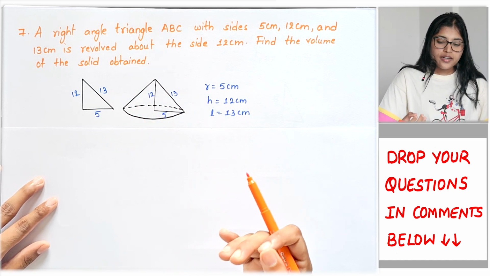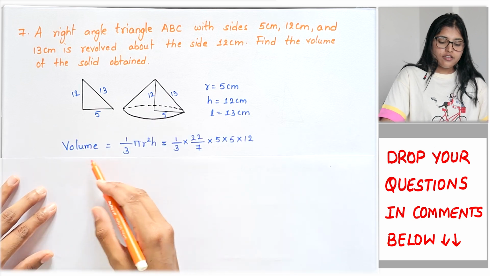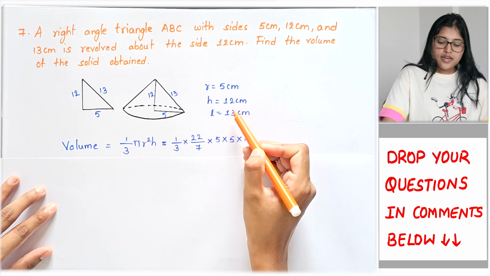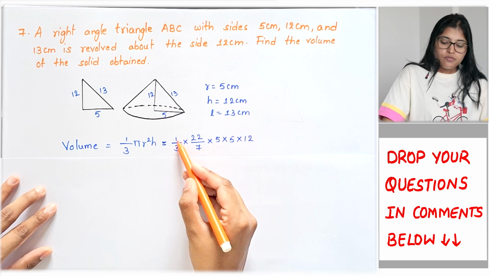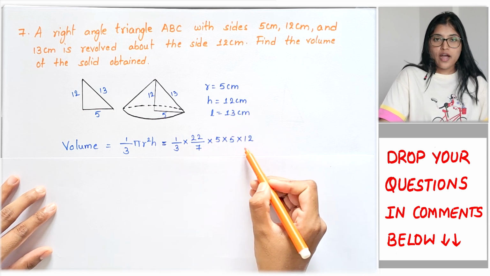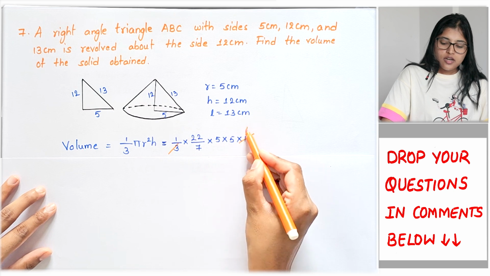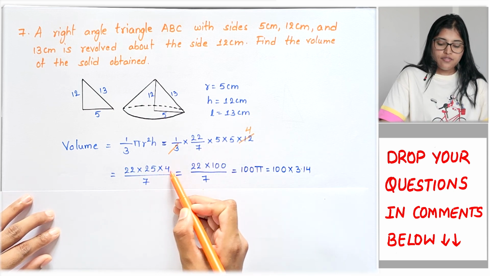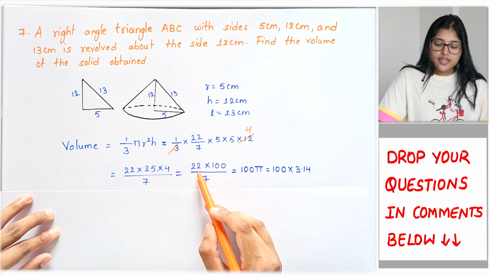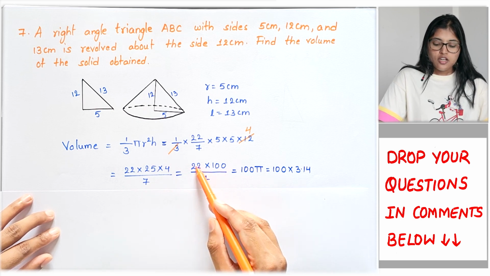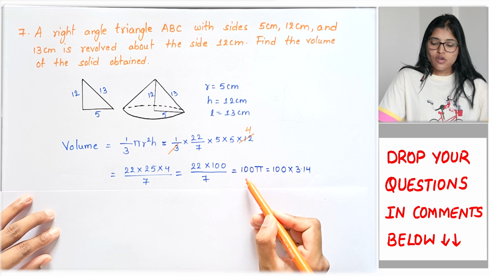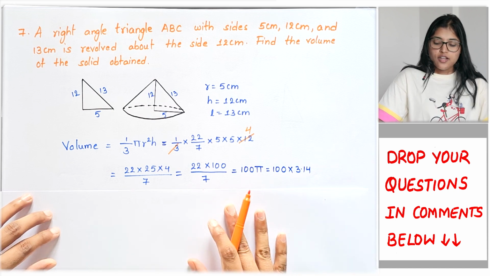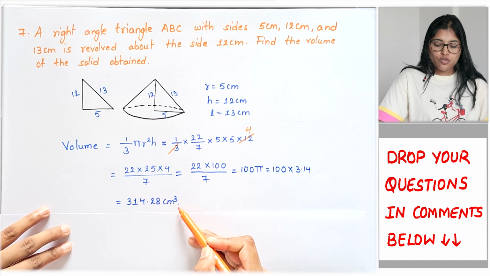Now in order to find the volume of the solid, I need to find the volume of the cone, which is 1 by 3 pi r square h. Substituting r and h values gives me 1 by 3 into 22 by 7 into 5 into 5 into 12. So 3 ones are 3, 3 fours are 12. This I can write as 22, 5 into 5 is 25 into 4 by 7, which I can write as 22 into 100 by 7. So 22 by 7 is pi. So I can write this as 100 pi or 100 into 3.14 as well, which will give me 314.28